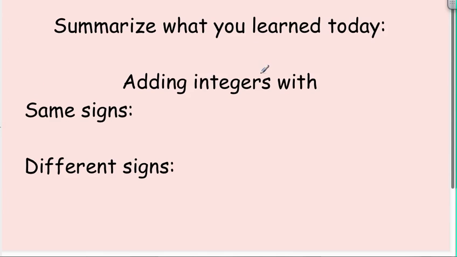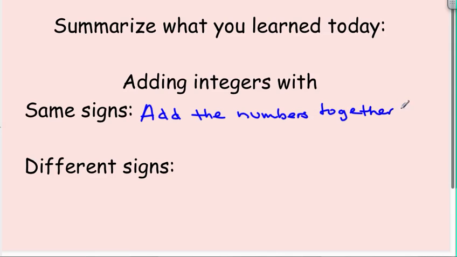That pretty much wraps up what we learned in class today. Hopefully a few extra examples and the ability to pause and learn by yourself was able to help you understand a little bit more. Really what we learned is that when I have the same signs, I'm just going to add the numbers together and keep the sign. And when they're different signs, I'm going to subtract the numbers